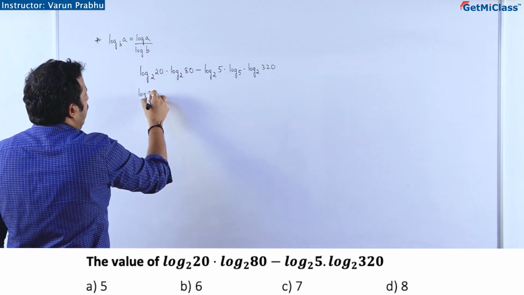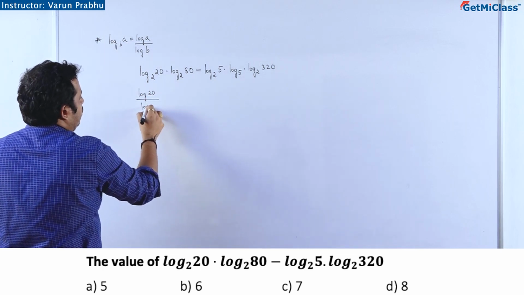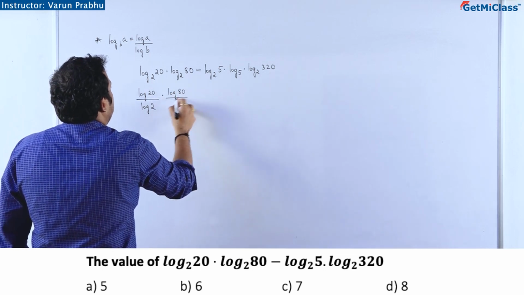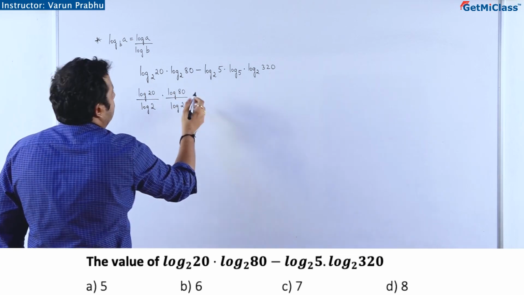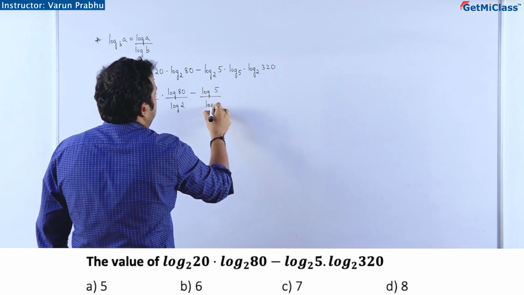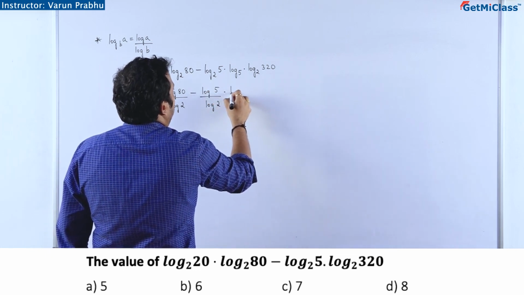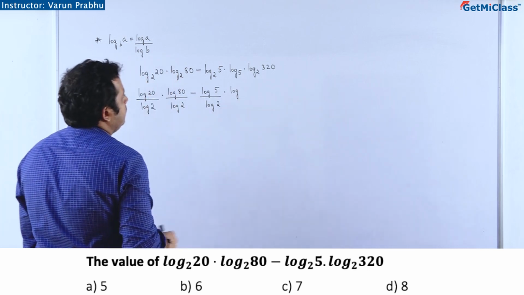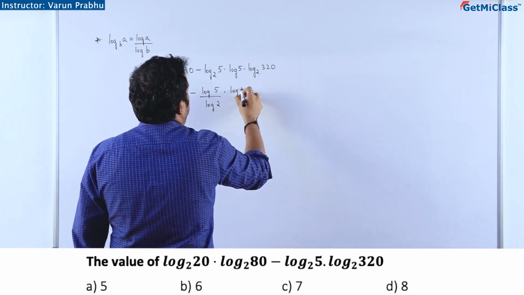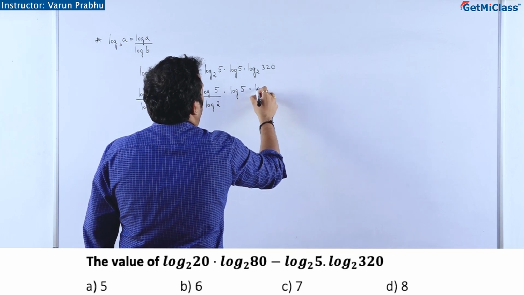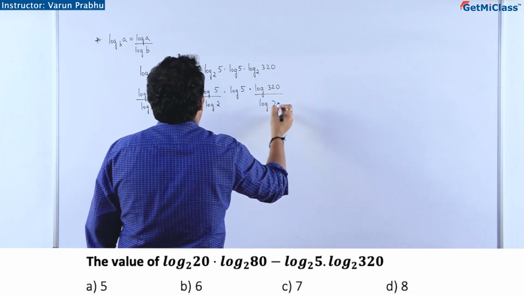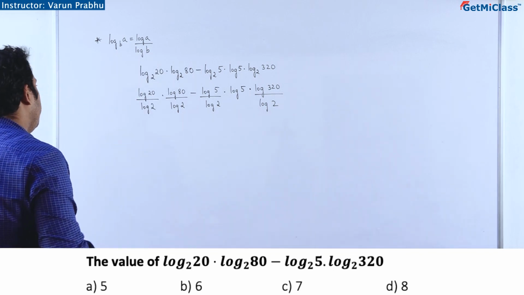So I can write log 20 divided by log 2, correct? Into log 80 divided by log 2, correct? Minus log 5 divided by log 2, correct? Into log 5 into log 320 divided by log 2, right? So if you can clearly see here,